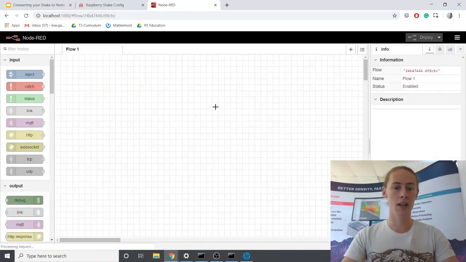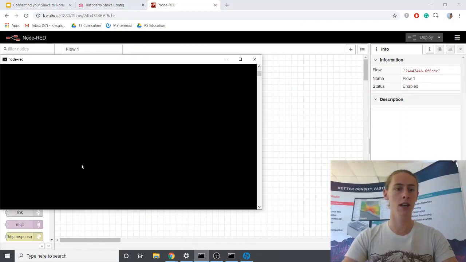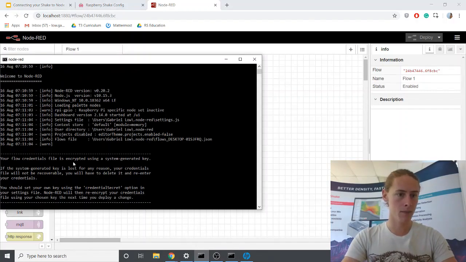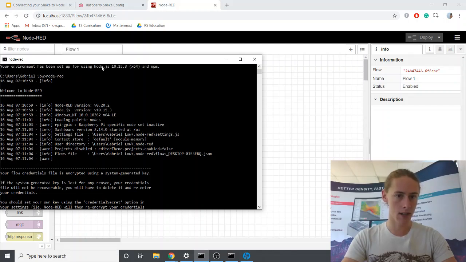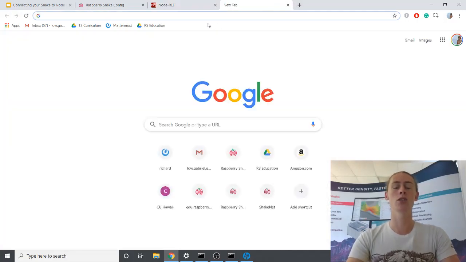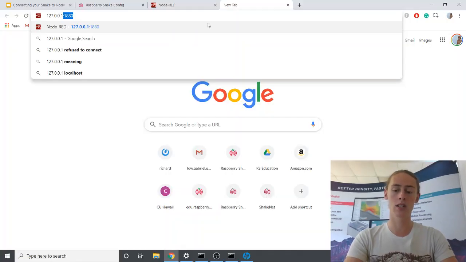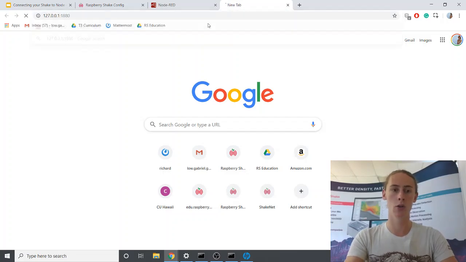Wow, because I'm running my Node-RED server already in the background from my terminal, I can just put localhost:1880. Now, I'll also show this for convenience. If localhost doesn't work, try